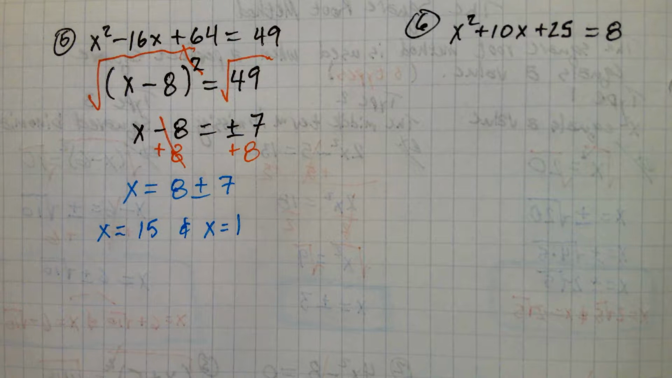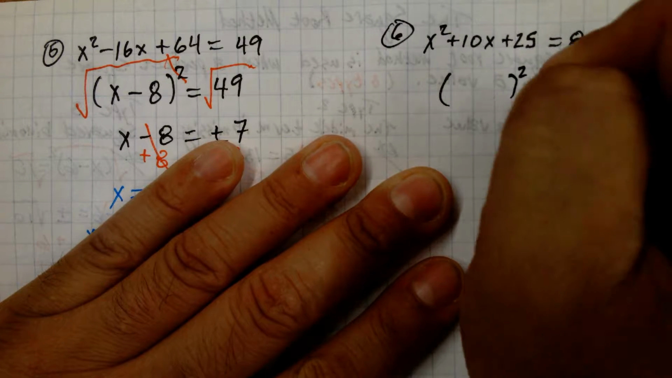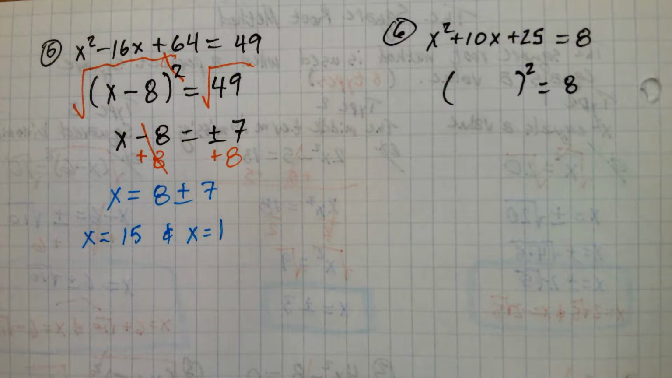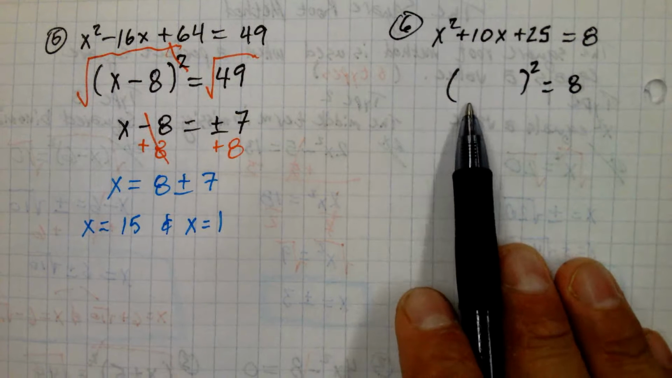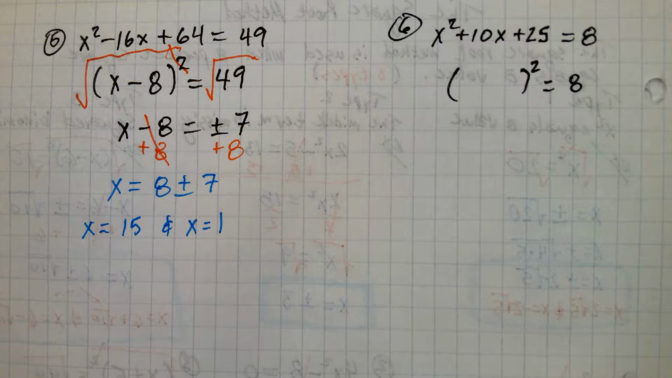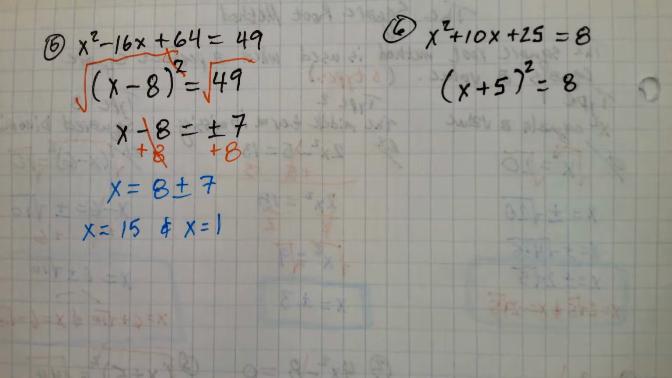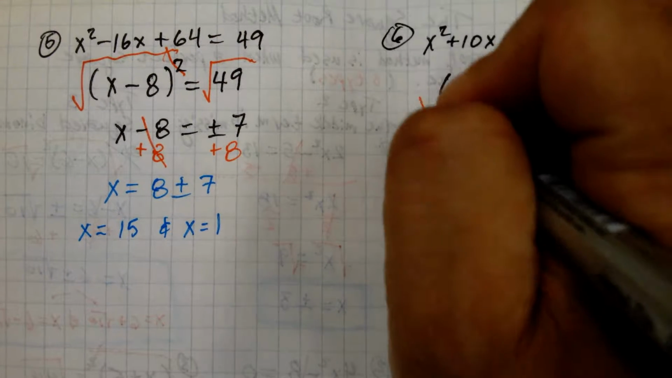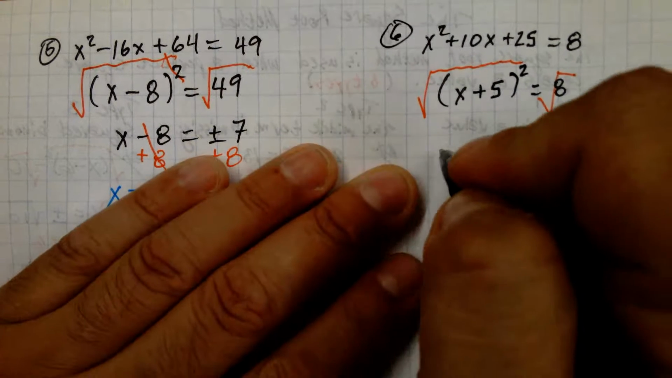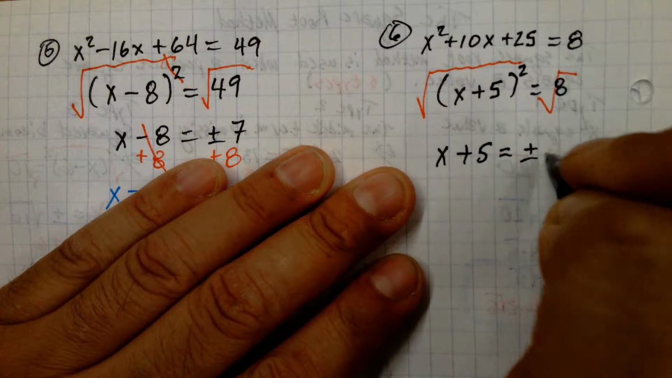Let's try the other one. This also fits that pattern. What goes inside? X plus 5. Square root of x squared is x. Square root of 25 is 5. 2 times x times 5 is 10x. So x plus 5. Okay. So now we can take the square root of this. And then we've got x plus 5 equals plus or minus